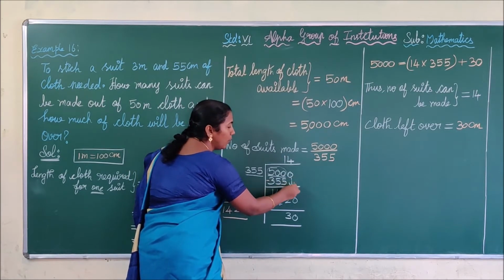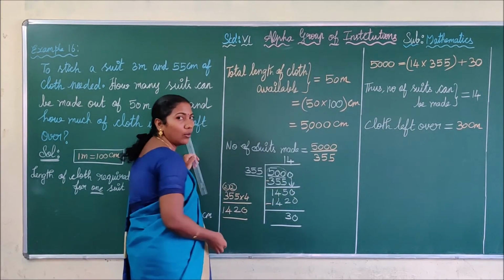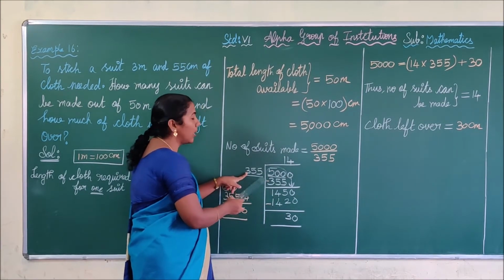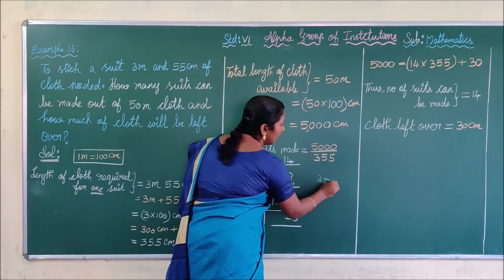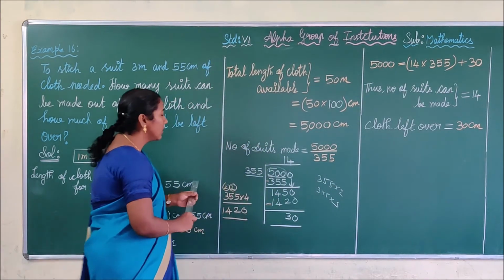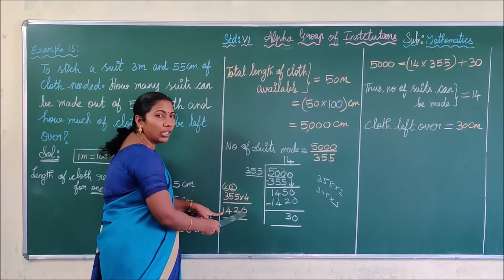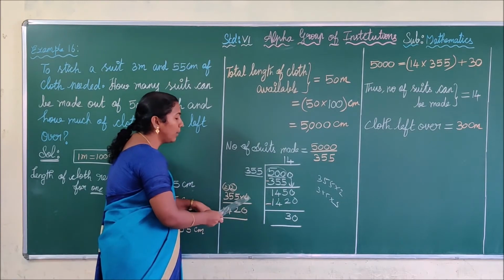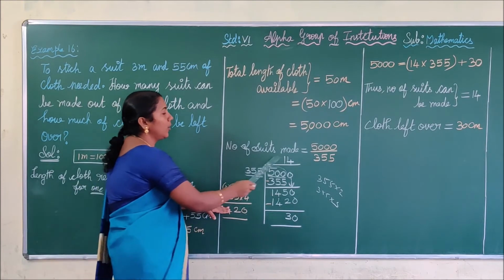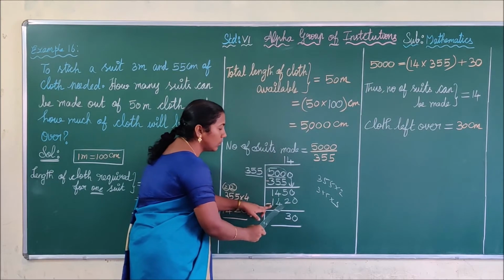So next step you have to bring down this 0. So your number is 1450. Okay. Next you have to find the number which should come here. So for that you have to multiply 355 by 2 and then 355 by 3 like that. Thus 355 multiplied by 4 we get 1420, which is nearer to this value. If you multiply by 5 it comes to more than this value. So you have to stop up to this. So here you have to write 4 times 355 is equal to 1420.